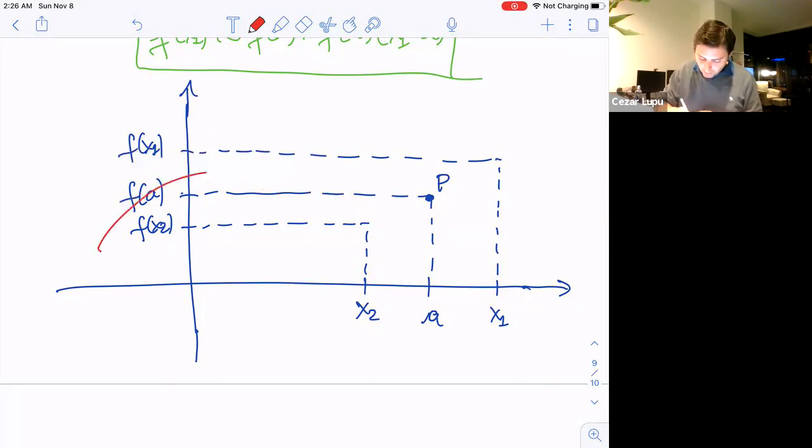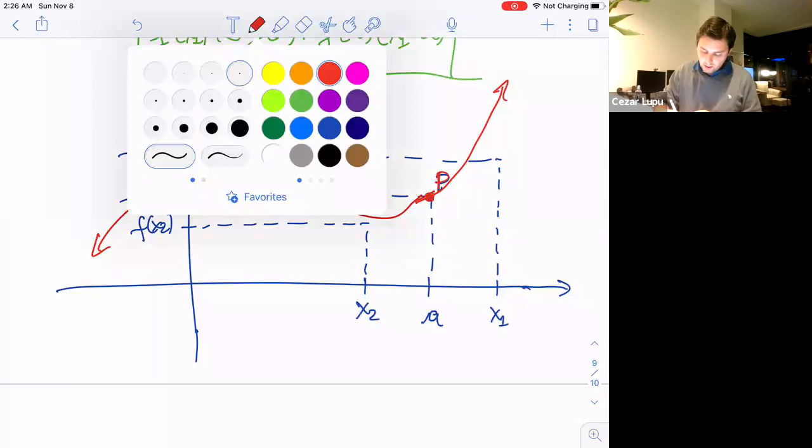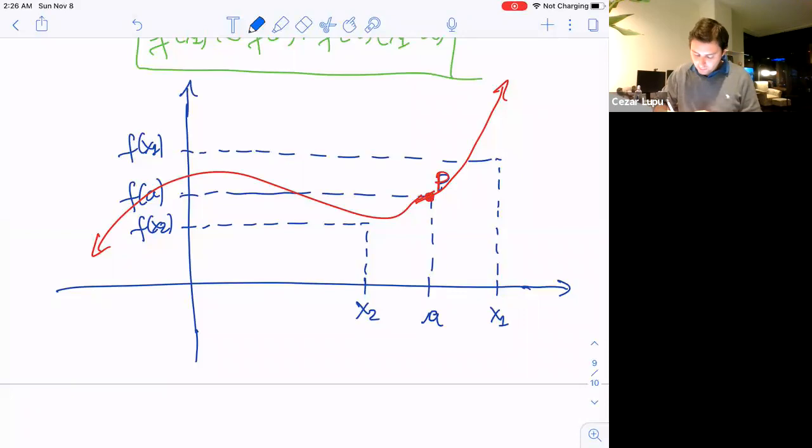So let me just say that the curve will go like this, through P, and it goes like this. So that's the graph of f, right? This will be tangent at this point P of coordinates a, f of a. And now, when we draw the tangent line, let me just draw it, the point P,